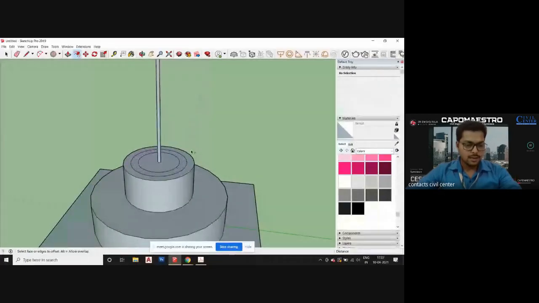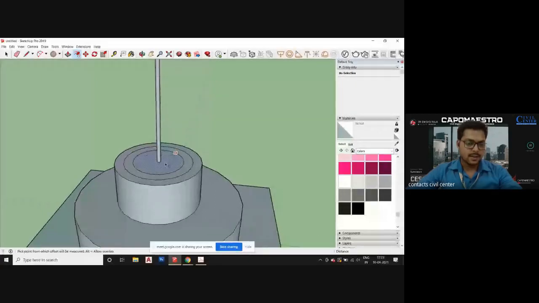Now, the new circle that has been created, let's select that surface. Select it. No, the outer one. Middle one.